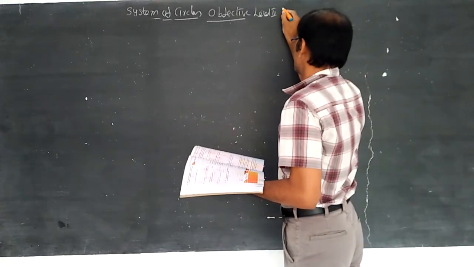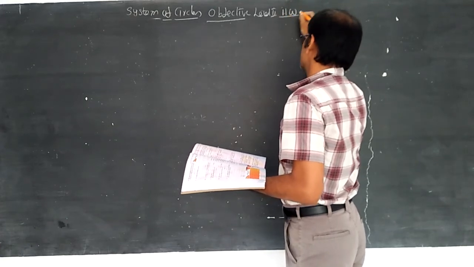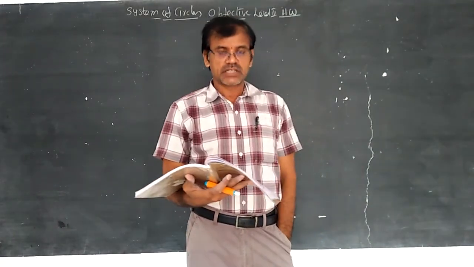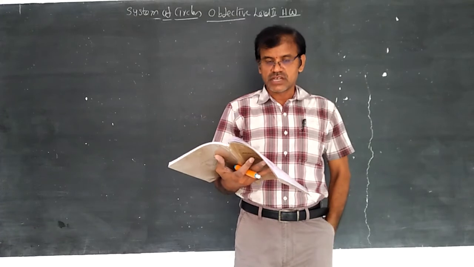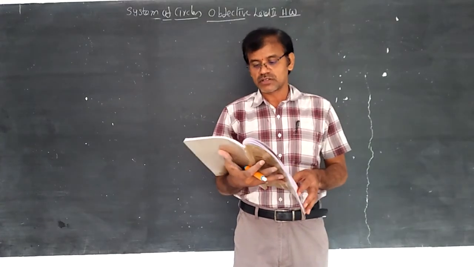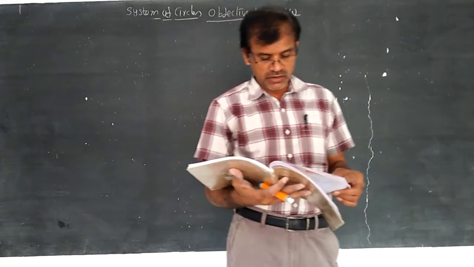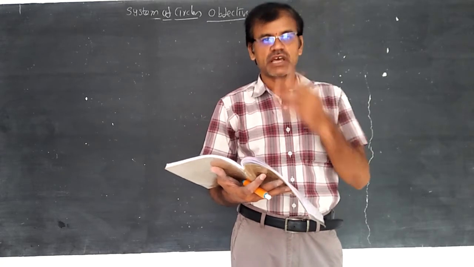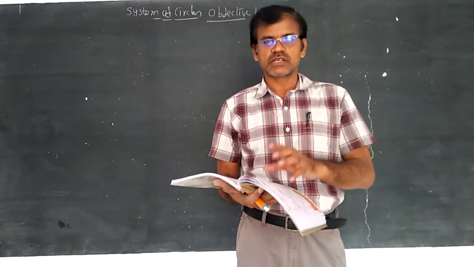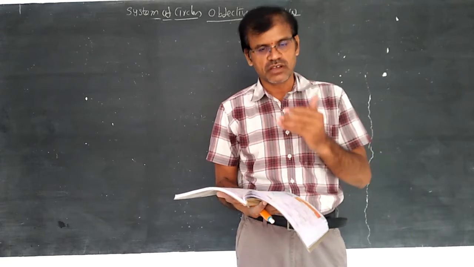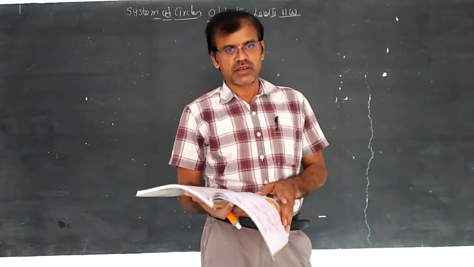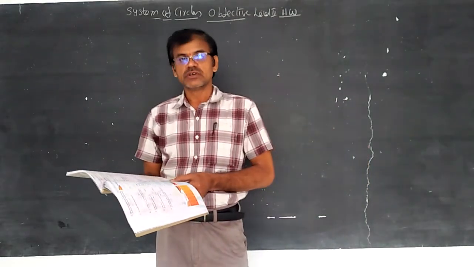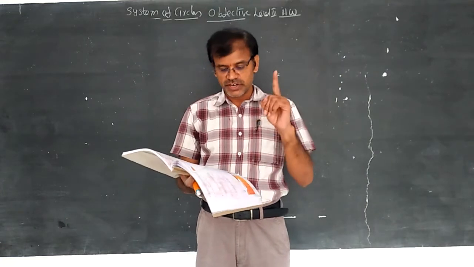There is no level 3 in this chapter, because in northern states and eastern states, circle and system of circles belong to the same chapter. Other than Andhra and Telangana, the circle and system of circles belong to the same chapter. So whenever a question arises from the circle chapter, you should consider that it is from system of circles also. But in MSET separate bits are there. In MSET you will read one bit from the chapter system of circles. In Mains, including circle and system of circles, you will read only one bit.